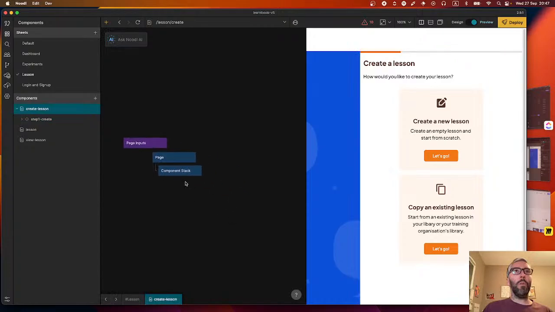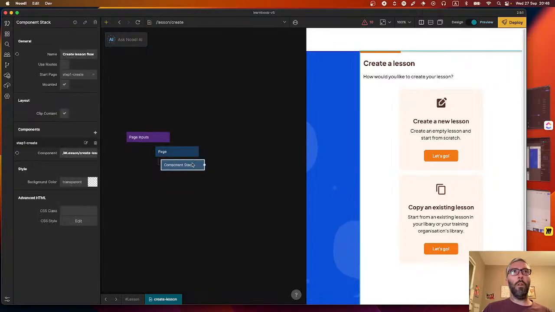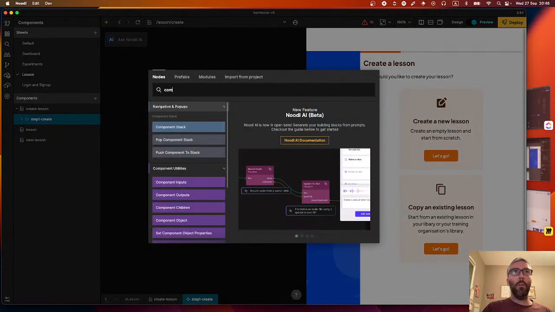So we've got our component stack set up. Now what we don't have is something to push from the component stack to the next component stack. So I learned this lesson last time, did I not? That you can't have something coming out of a component stack. There's no outputs. What there are component